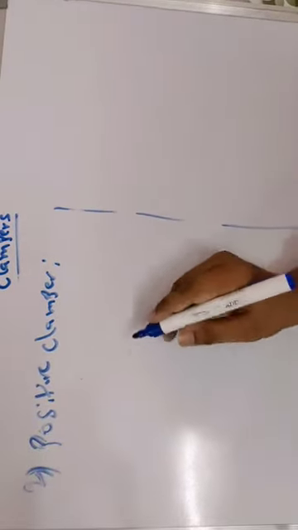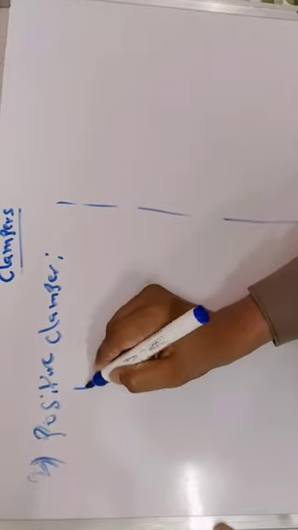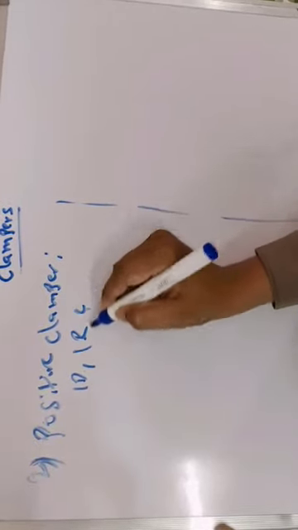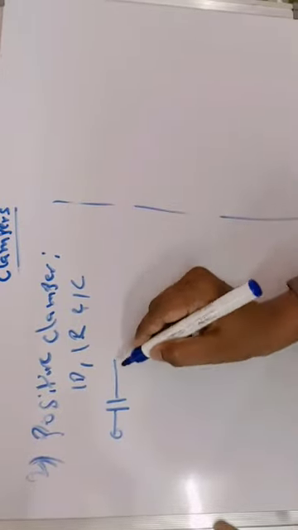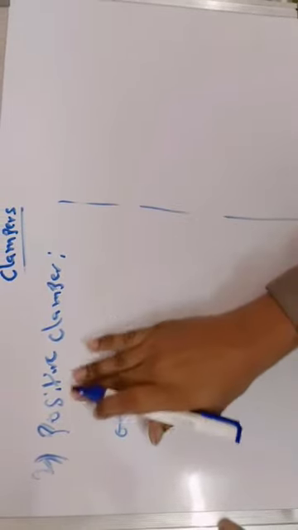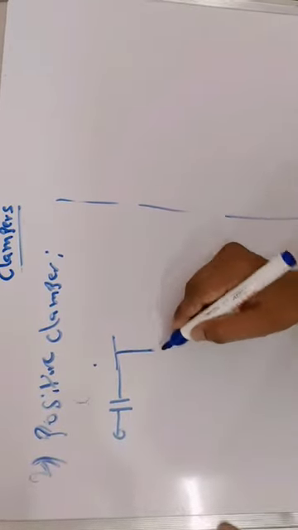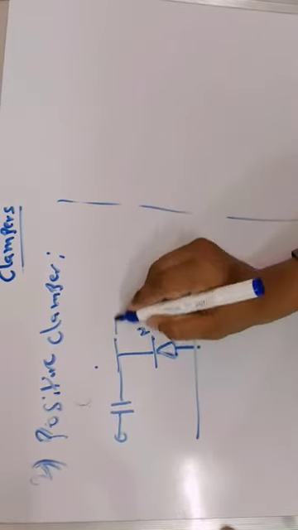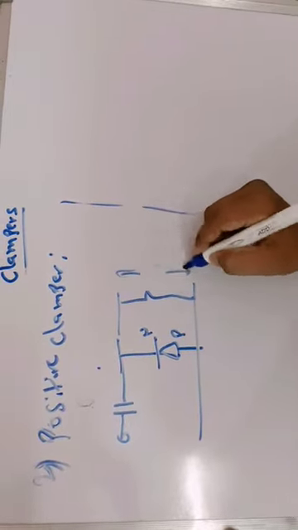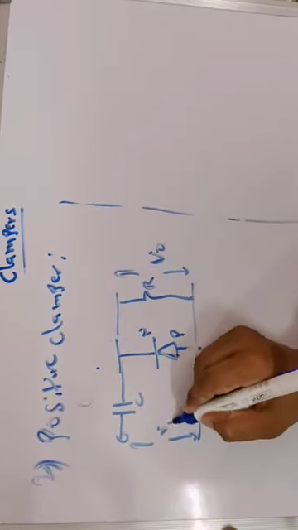Next, we'll see positive clampers. The positive clampers can be designed with the help of a diode, resistor and capacitor. Now we'll see the circuit of the positive clamper. The difference between the negative clamper and the positive clamper is that the diode direction is reversed, with N and P swapped, and the output is taken across the resistor and diode combination. This is the output voltage. Now the input is given at this point.